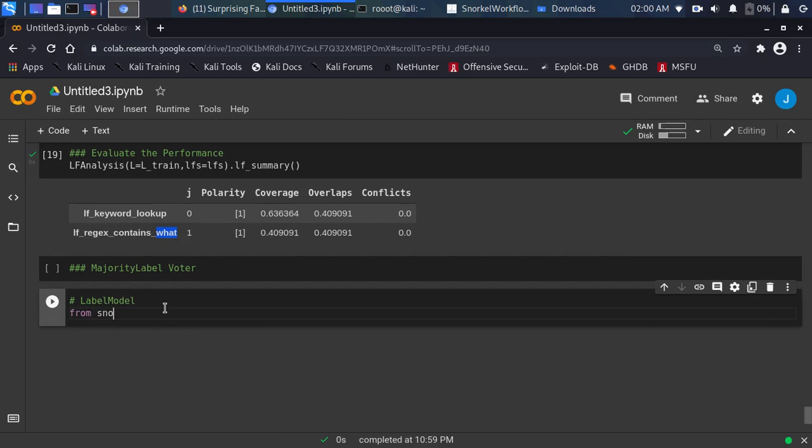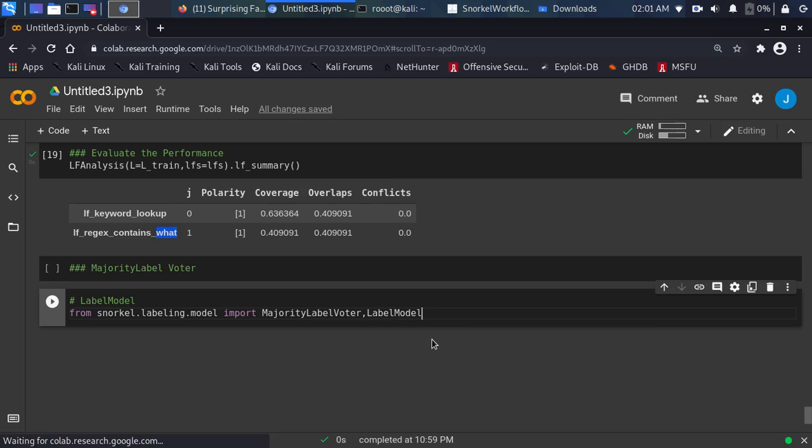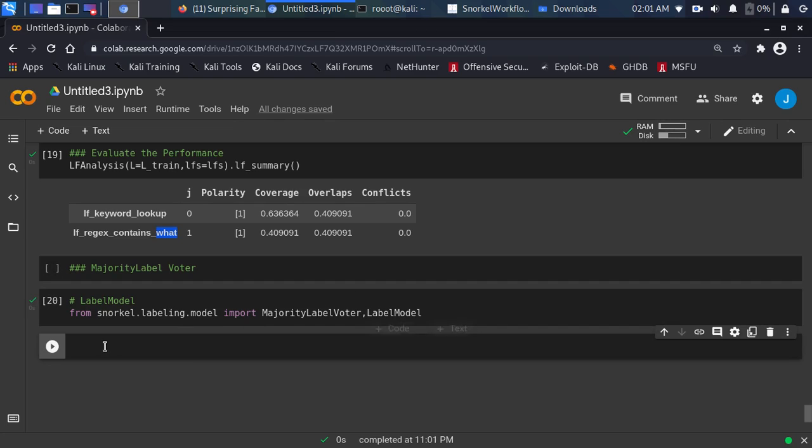So from snorkel.labeling.model import, what to be importing, what to be using, .labeling, not .model import. So you have the majority class, majority label voter, which you will not be using now. You have the label model, right? So we're using this one for the first one. This one you can use the same thing for later in the future. Perfect. So let's build a model,